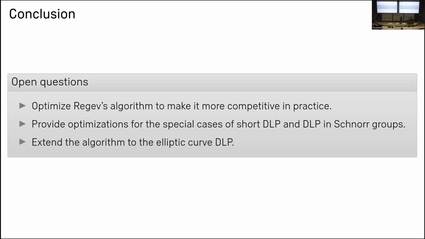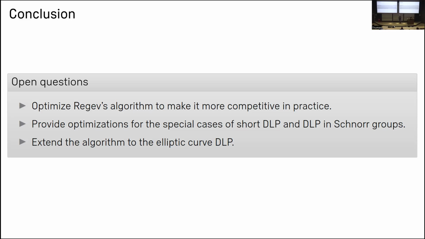We would also consider it very interesting to have an optimization of Regev's algorithm that's specific for these special form discrete logarithm problem instances that are relevant for cryptography. Because without such an optimization, it seems hard for our extension of Regev's algorithm to actually be competitive for these types of problems. It would also be very interesting to have an extension of the algorithm to solve discrete logarithm problems